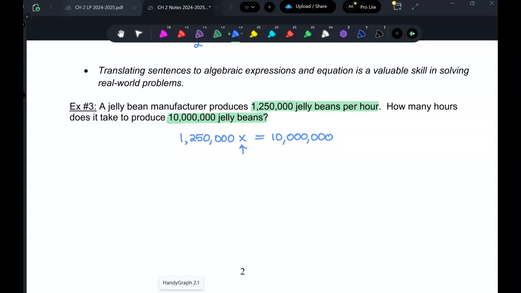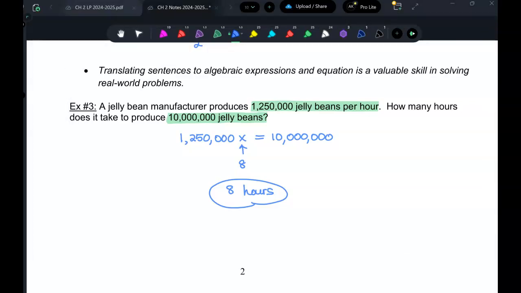It's 8. Can I tell you why? Tell me why. 1.25 plus itself is 2.5. Everyone knows that 2.5 times 4 is 10. So the same rules apply as adding zeros. But because we got to get the 4 using a half, you just times that by 2, so it's 8. Well, you can also think backwards, like what do we need to multiply by? And it is going to be 8. So it is going to take 8 hours to produce, because 8 times